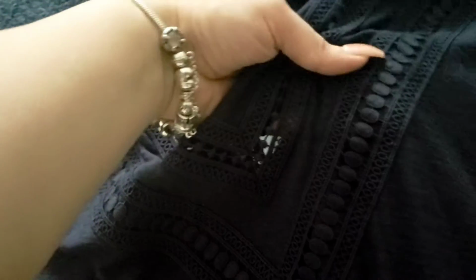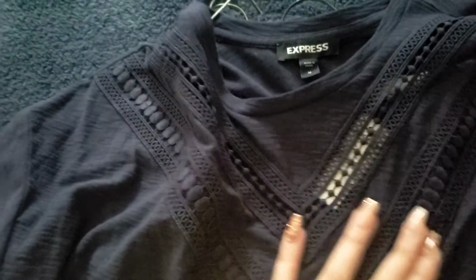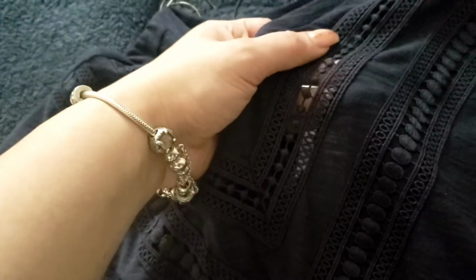The next one is just plain black. The main thing about this one is, again, the neckline. The bottom one isn't see-through, but the top one is. It's just lace. For anybody who is a hijabi or just wants to still keep it modest,